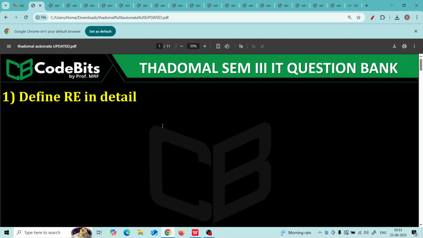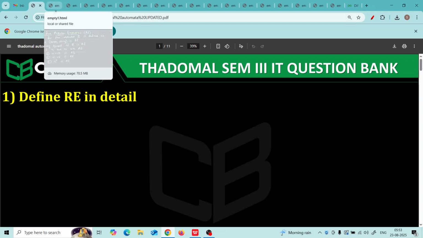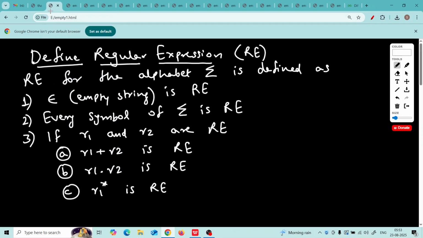RE stands for regular expression. Define regular expression in detail. Now, I have written the definition of regular expression, which may appear quite difficult to you initially, but trust me, after seeing a lot of examples, this entire definition will be really understood in such a way that you will remember this forever. First of all,